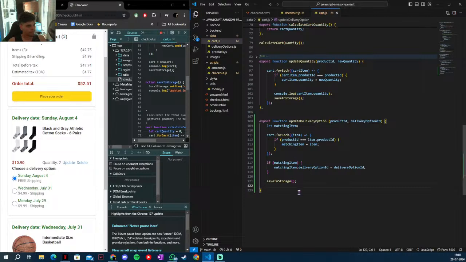Yeah, this is running. Update delivery option. Let me just remove this line because it's not really necessary. For each item, if the product ID is equal to